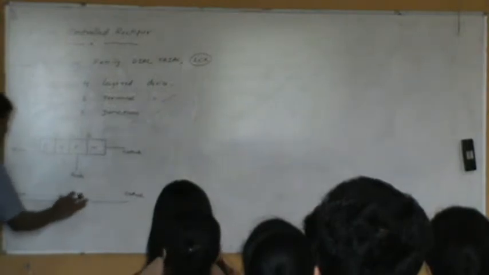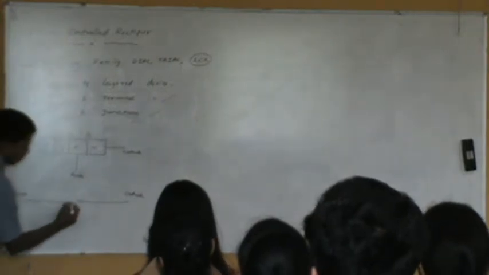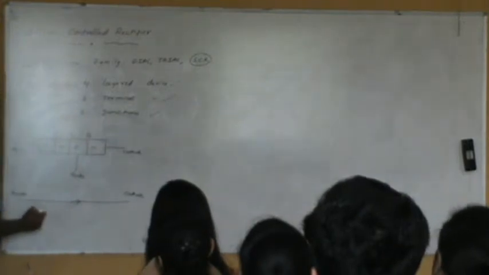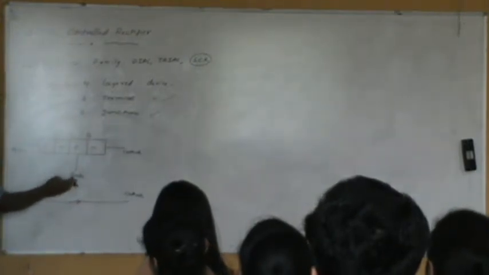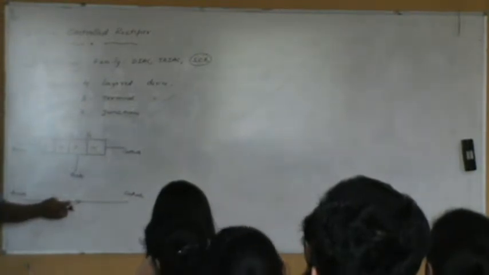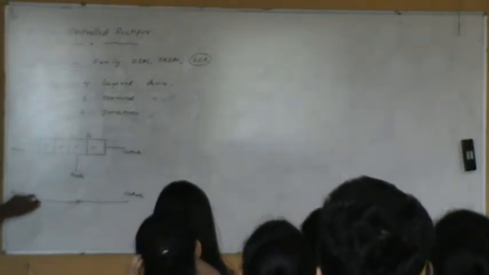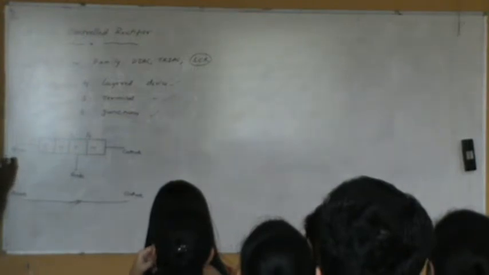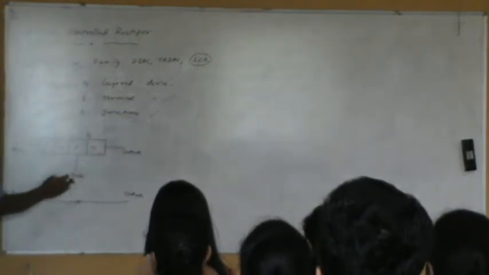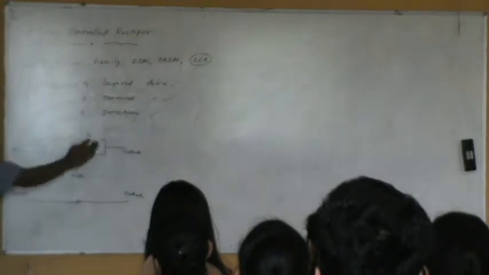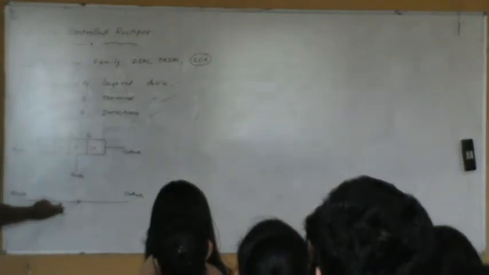Similar to that, even an SCR also performs like a switch, but this is a little bit different from the PN junction. How it is different is, the moment you apply some gate pulse here, this particular switch will get closed, and even if you remove the gate signal here, this switch remains closed. You understand this point? That's how the SCR is different from the PN junction. Let me repeat once again. The current flowing from anode to cathode can be controlled with the help of a gate, and this particular device works like a switch.